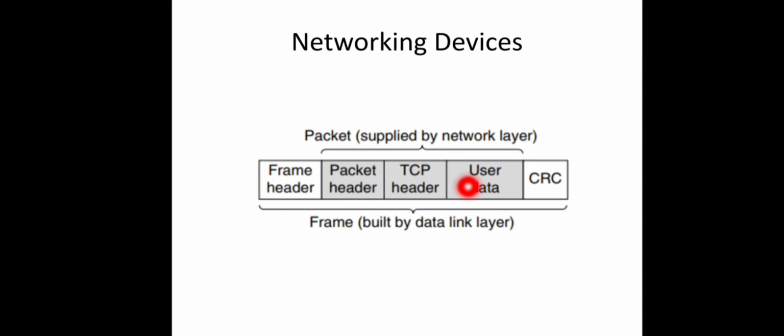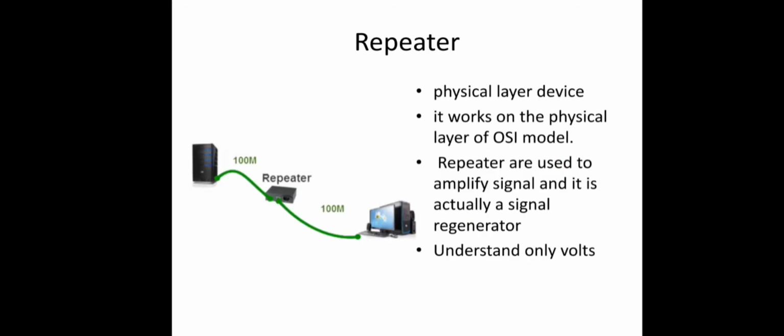So in a typical scenario, the user generates some data to be sent to a remote machine, right? This data will be passed over to the transport layer of the sender machine. The transport layer will add its own header, and this together will be passed on to the network layer. The network layer will add its own header, and this packet will be passed on to the data link layer. The data link layer will add its own header, and a trailer also will be there, some checksum information. This together will form the frame, and this will be handed over to the physical layer, and the physical layer will transmit this as signals over the medium. Let us start from there.